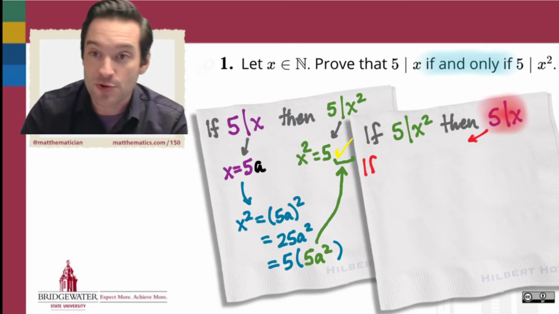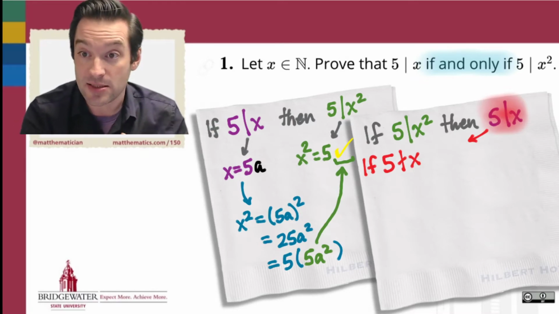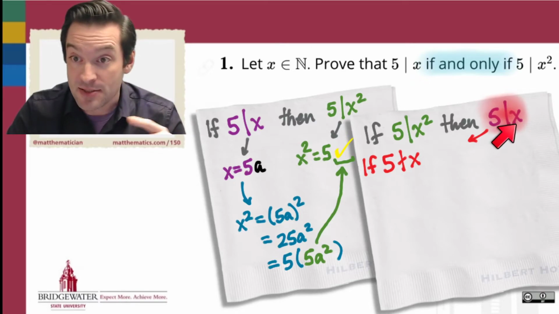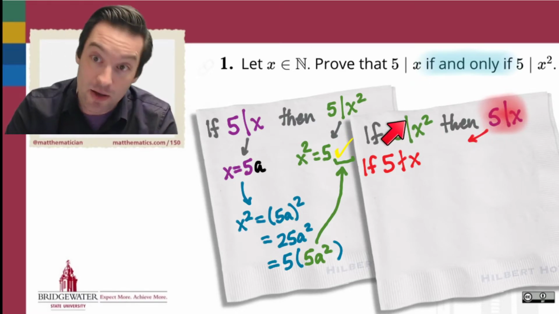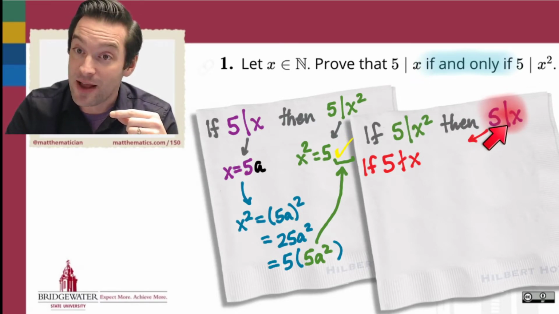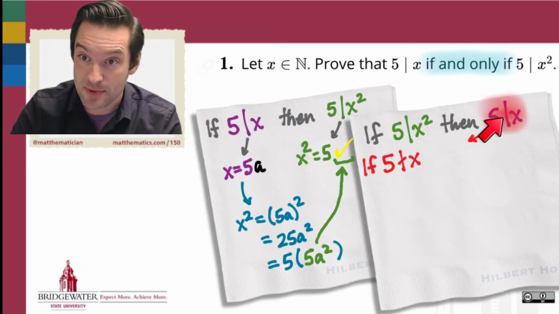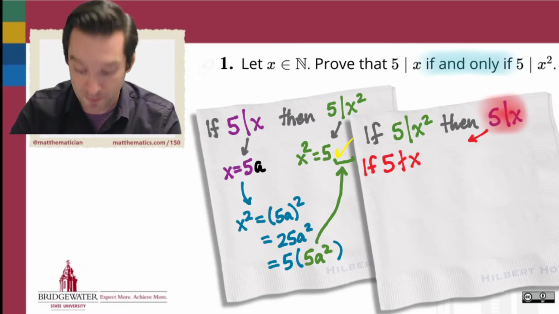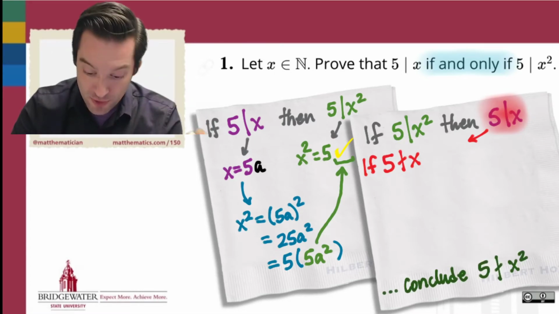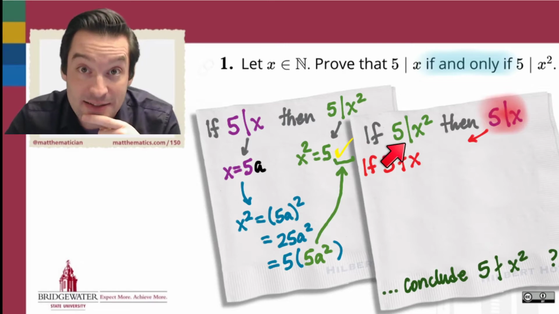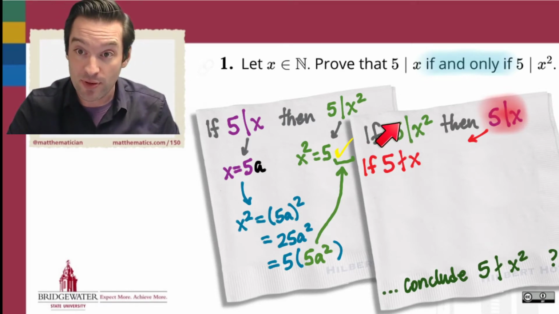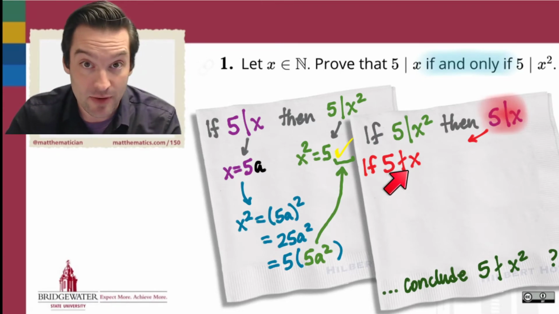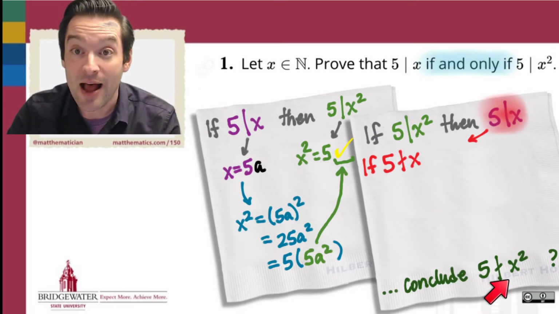So in an indirect approach, I would try to deny the consequent, take the conclusion and flip it on its head. Instead of assuming that 5 divides x squared, we assume that 5 does not divide x. So we write down not q, use this as the thing we're going to assume, and then try to deduce a denial of the antecedent. In other words, try to deduce that the premise is not true. If I know that 5 does not divide into x evenly,